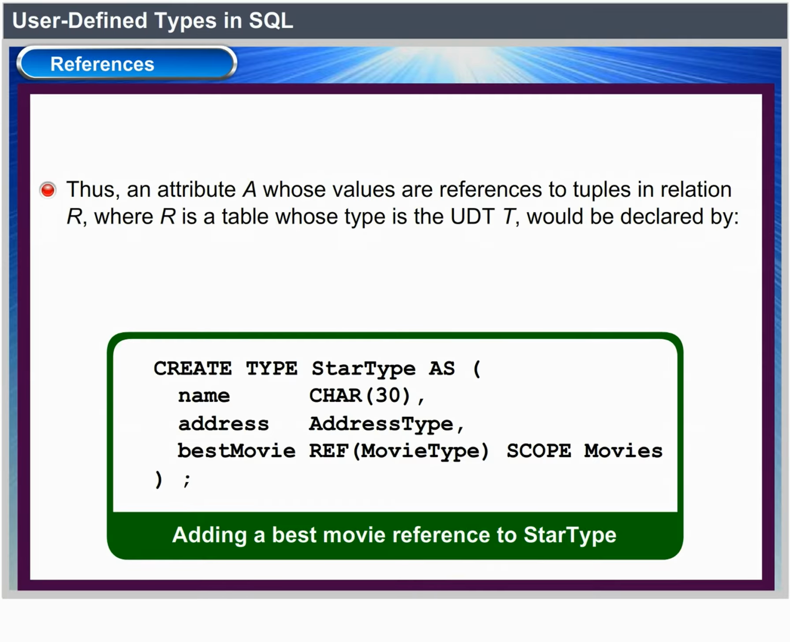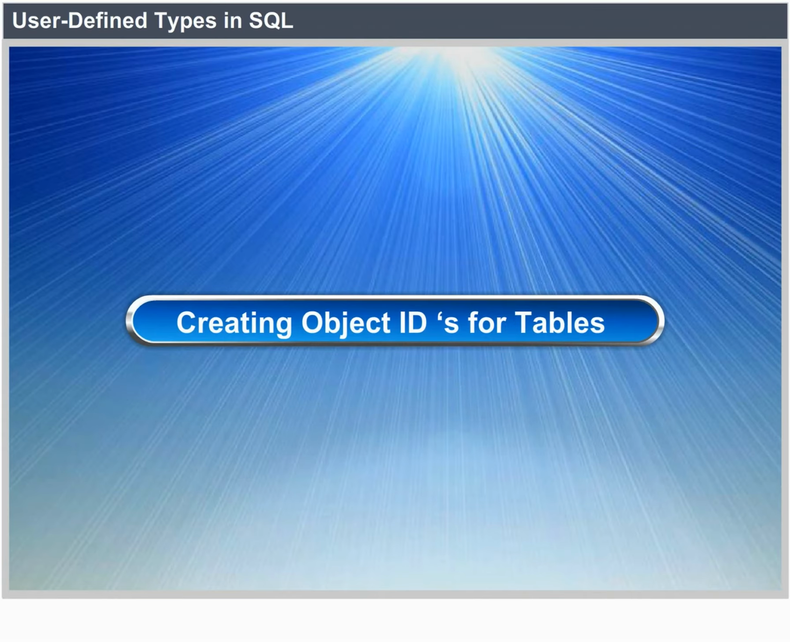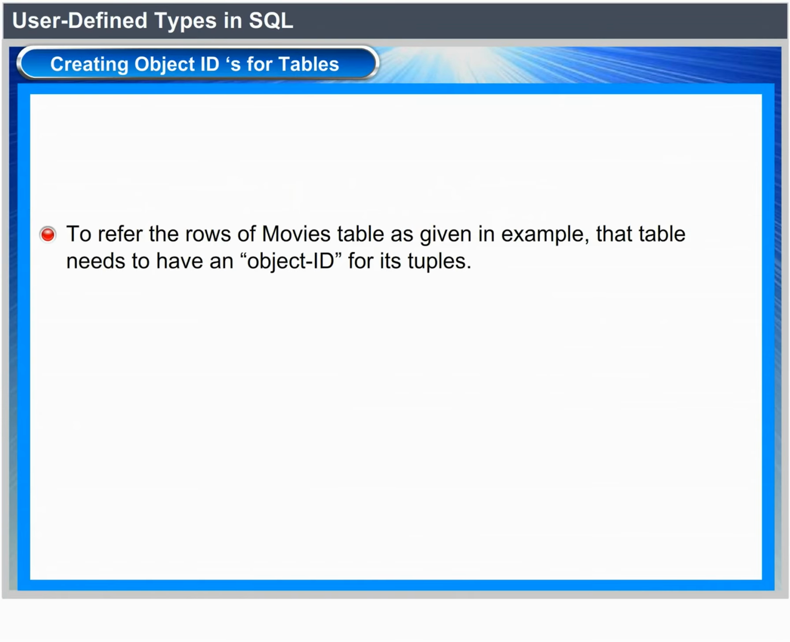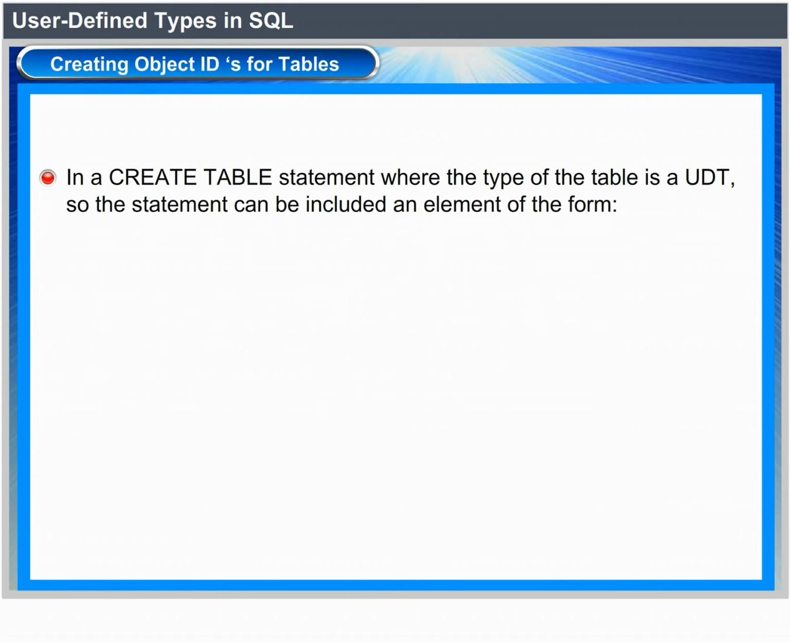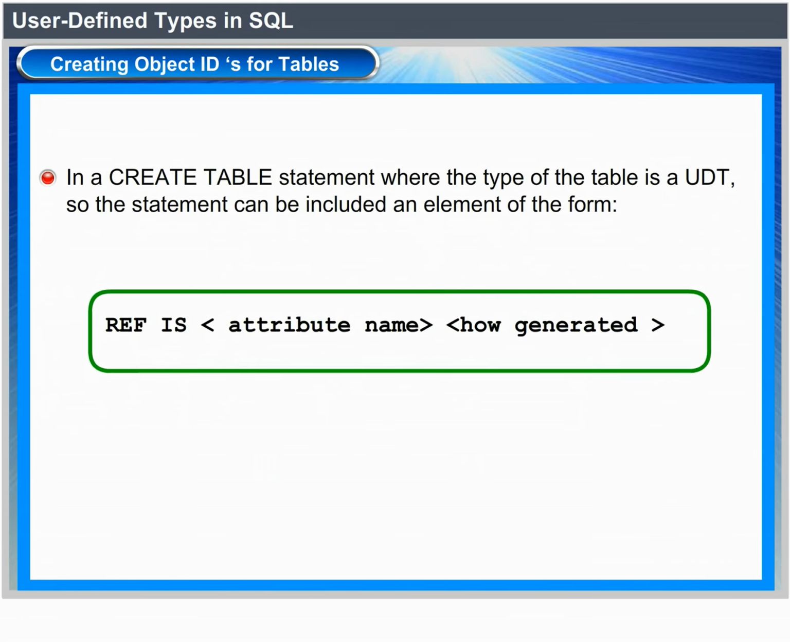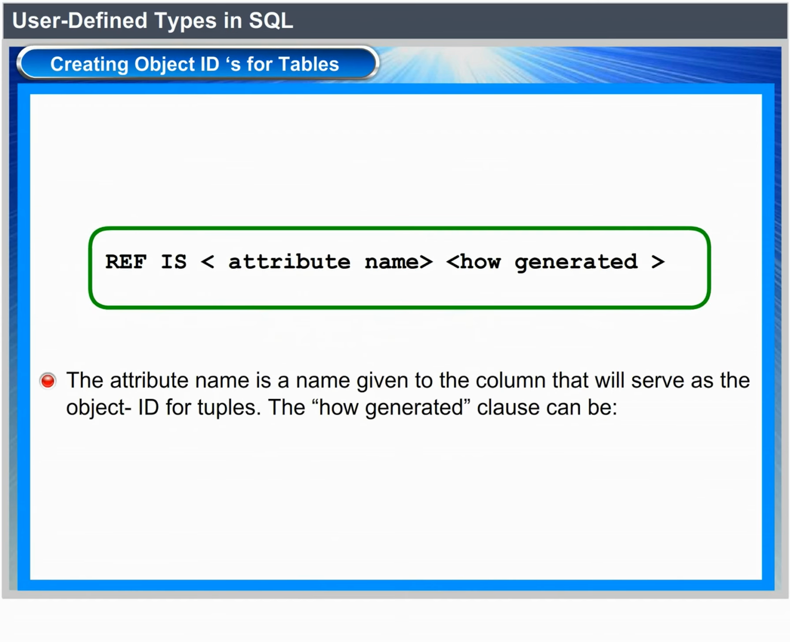Creating object IDs for tables. In order to refer to rows of a table, such as movies in the example, the table needs to have an object ID for its tuples. Such a table is said to be referenceable. In a create table statement where the type of the table is a UDT, we may include an element of the form. The attribute name is a name given to the column that will serve as the object ID for